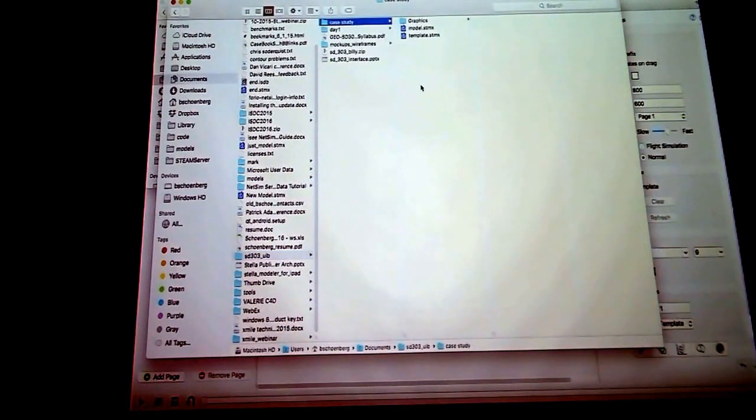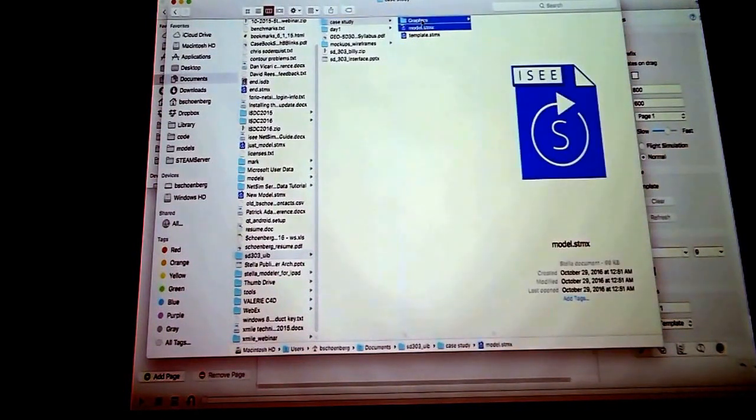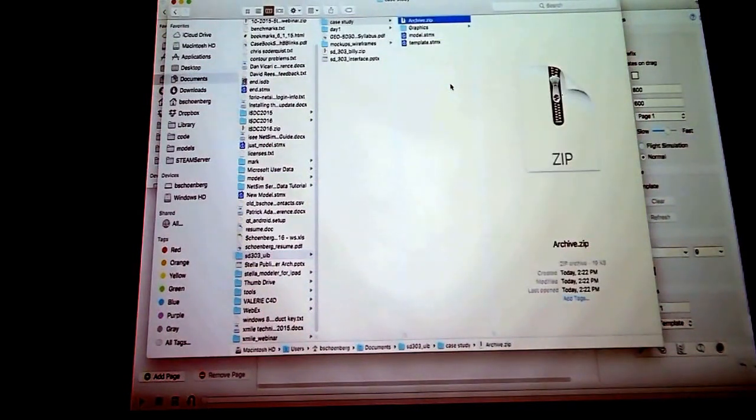Here's the model that we're going to work with tomorrow, and you'll notice there's this graphics folder next to it, specifically spelled graphics with an uppercase G. Next to the model is where it lives, and inside of it are all of the images. As long as you do that, and you load your images from there, I can take this and zip them together. I can now email that zip to somebody, and when they